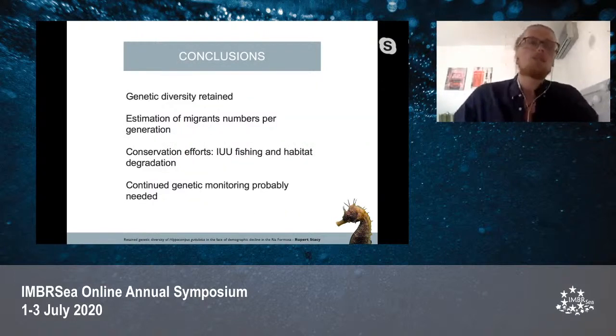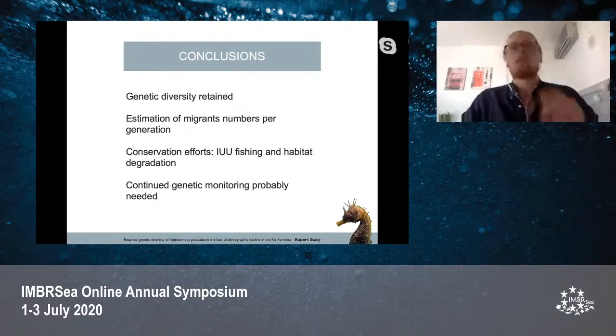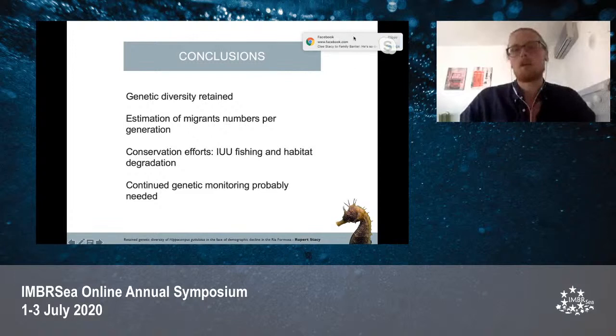So, in conclusion, the long-snouted seahorse was able to retain much of its genetic diversity through a 94% decline, possibly due to the sheer size of it, possibly through gene flow, possibly both. But I would recommend that future genetic studies may want to look at the number of migrants per generation, as this is supposed to be quite important, and to identify if there is any direction to the gene flow, if any is found, as protecting the sources of larvae could be a really interesting